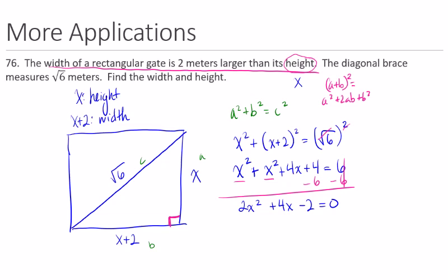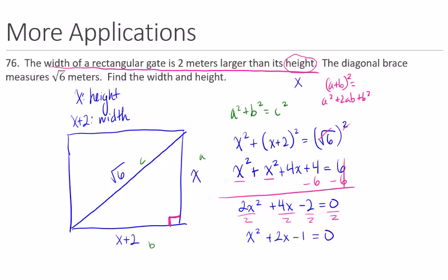If I want to factor, then I want to try to factor out any common factors, right? Or I can even divide by a common factor because we have an equation, right? So I see that 2 goes into all these, so I can divide everything by 2, or I can factor out a 2, and I'll end up with x squared plus 2x minus 1